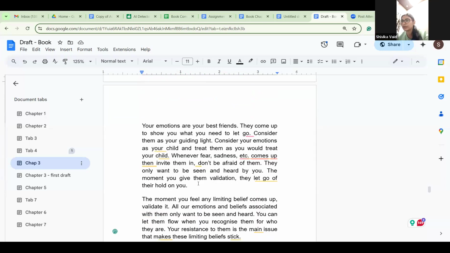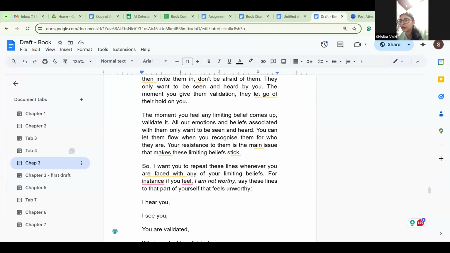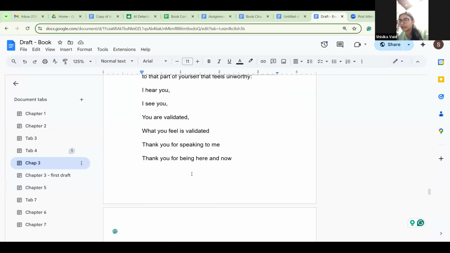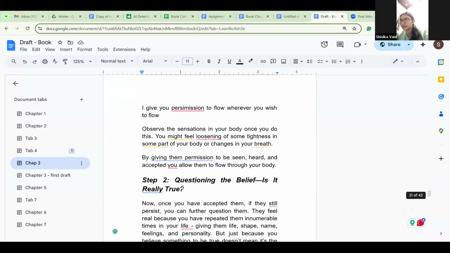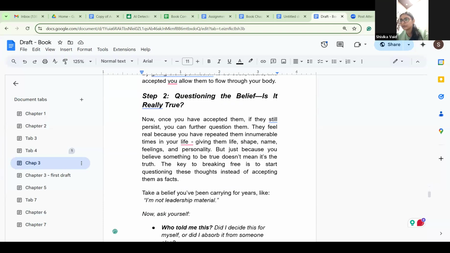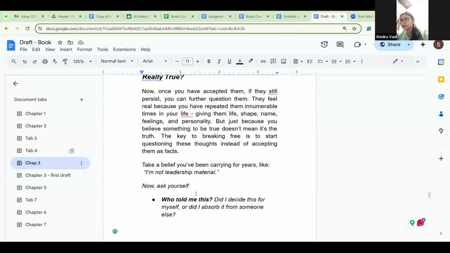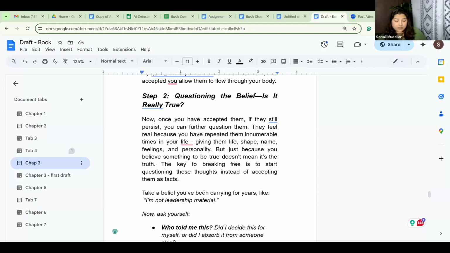These are the steps, but they are raw. I never bothered to ask me this, huh? Who told me this?